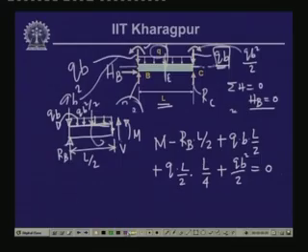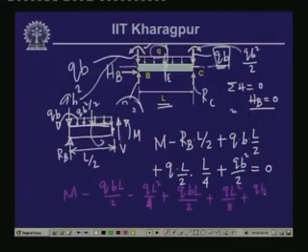So, if we substitute that, then we get the value of M minus RB, which is QB plus QL by 2, multiplied by L by 2. So, minus QBL by 2 minus QL square by 2, I mean L by 2 and QL by 2. So, QL square by 4 plus QBL by 2 plus QL square by 8 plus QB square by 2, this is equal to 0. Now, from here if you look, this term gets cancelled, and